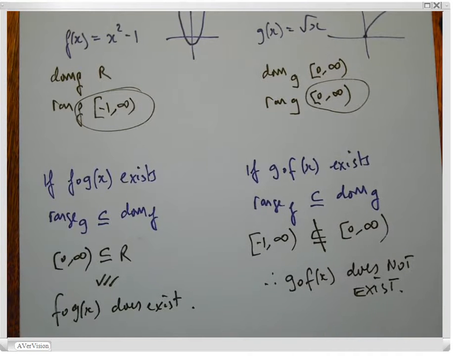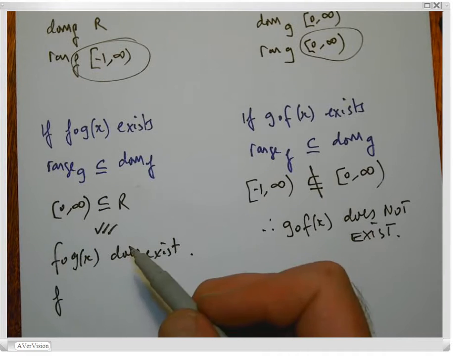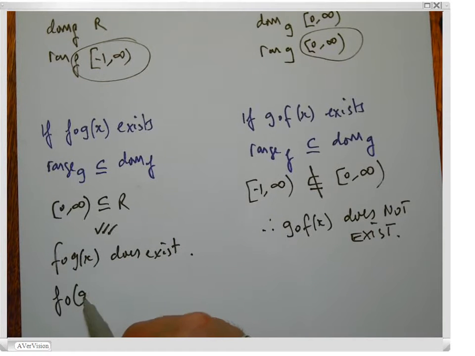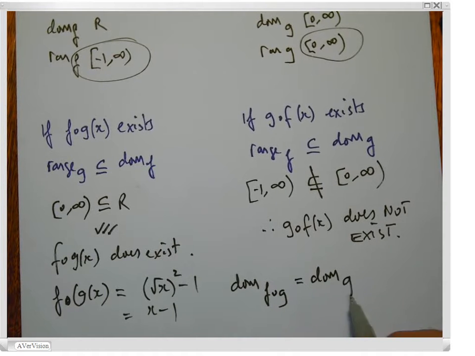Okay, the second part of the question then was to work out the domain and range of the actual function. So f of g of x is going to be g sitting inside, so the square root of x all squared minus 1, which will give you x minus 1. The domain of f of g will equal the domain of g, the original function, and that will be from 0 to infinity,